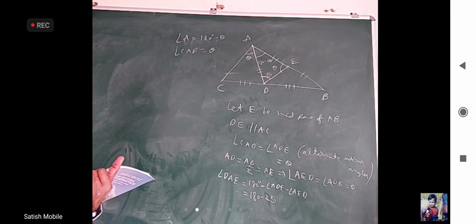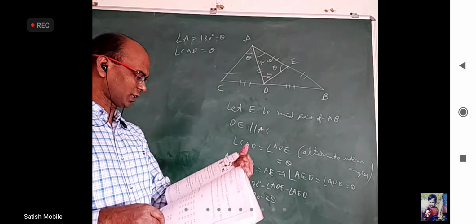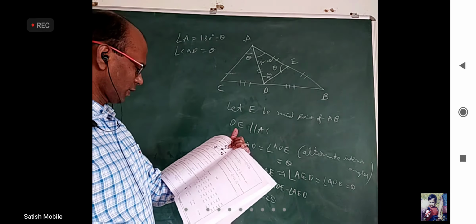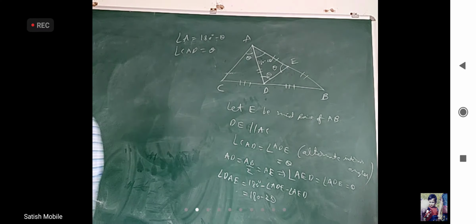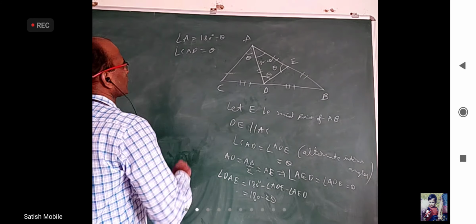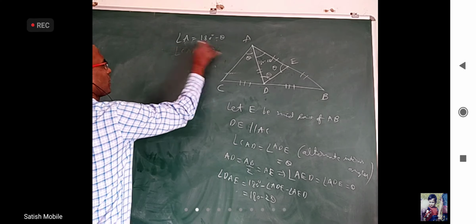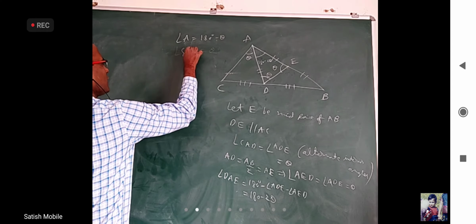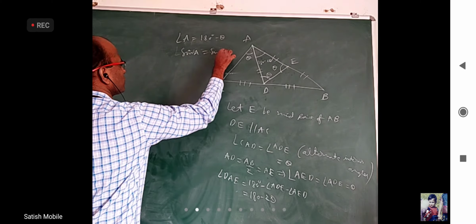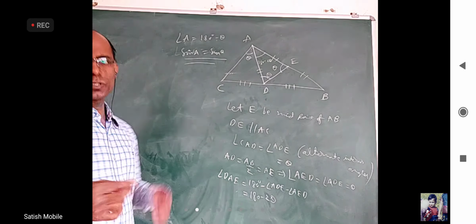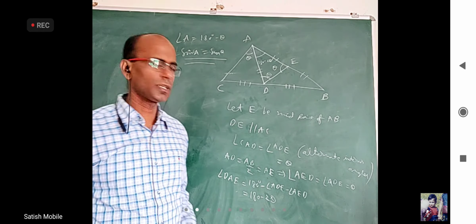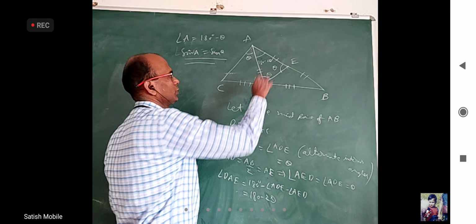Sin theta. No, their theta is different from our theta. What is that? AD makes it the correct one. That theta, this theta same. Angle CAD is directly theta. So, apply sin. Sin A is equal to sin theta. Okay, we did not use properties of triangle, any sine rule, cosine rule here. Okay, simply we are from geometry.